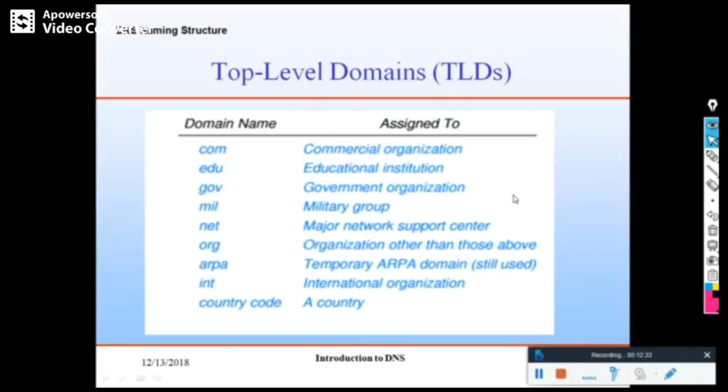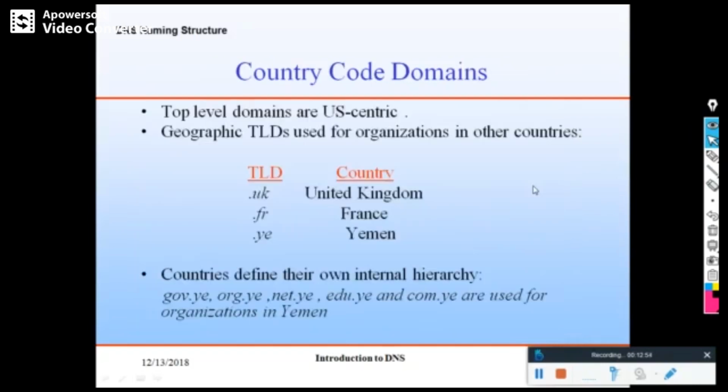So you see here the top level domains and their purpose in the diagram. You can see one is com, commercial organization, then educational institution, government, military, major network support center, then country code, etc. So here the TLD, top level domain for a country: .uk, United Kingdom, then .fr, France, something like this.